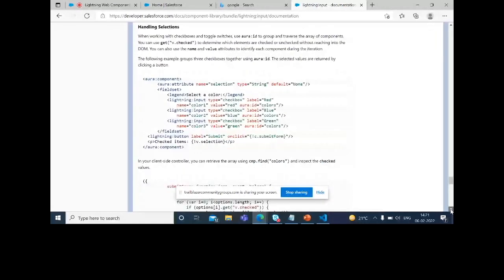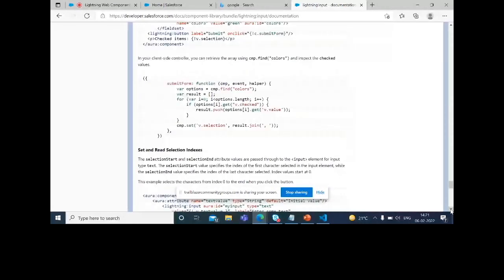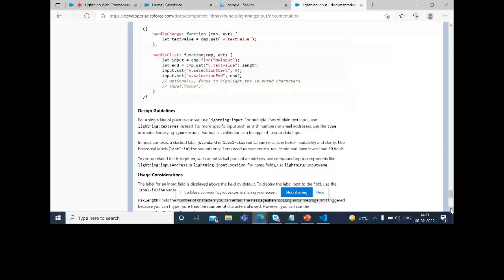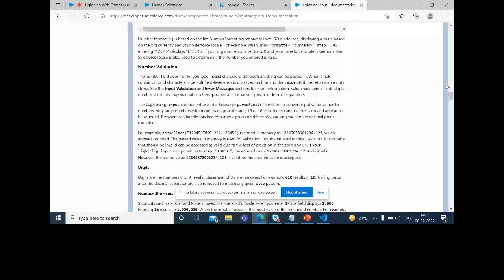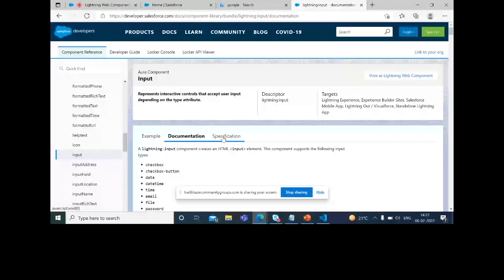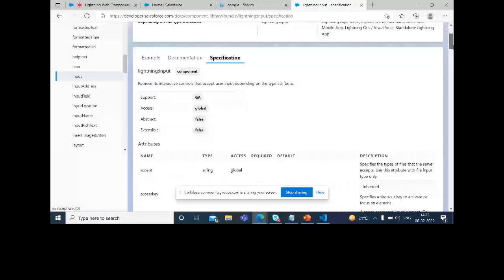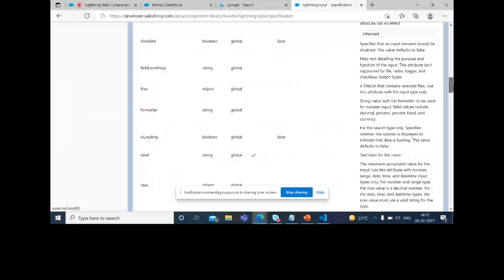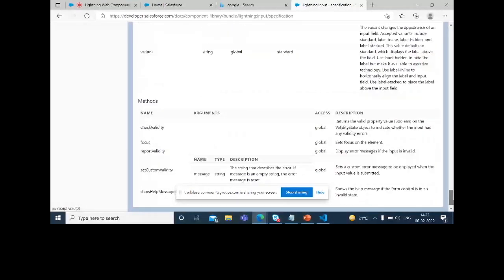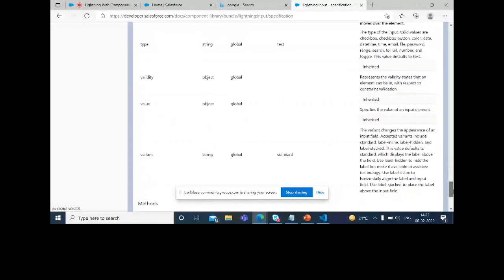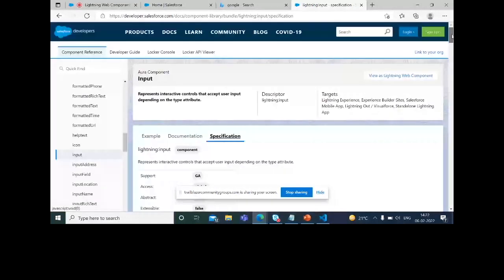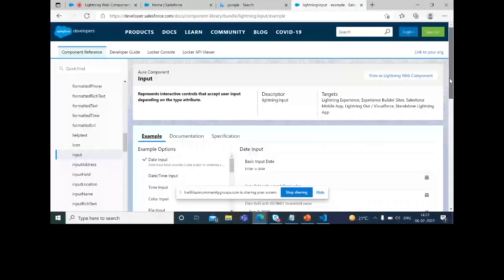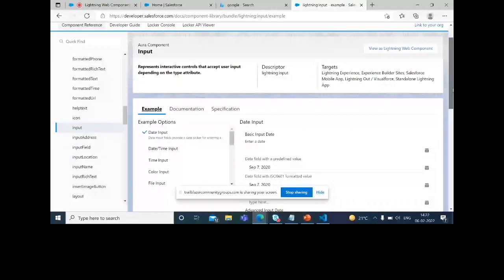Maybe in specifications I will find it. Or somewhere here I'm missing that documentation with an example. So you will find event.target over here.